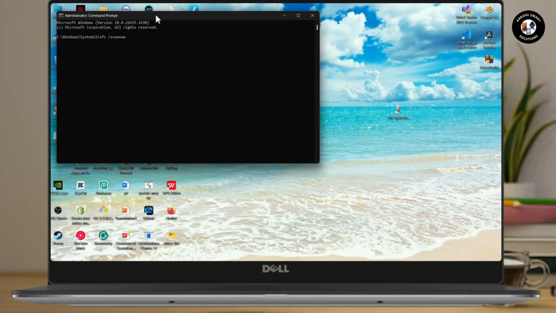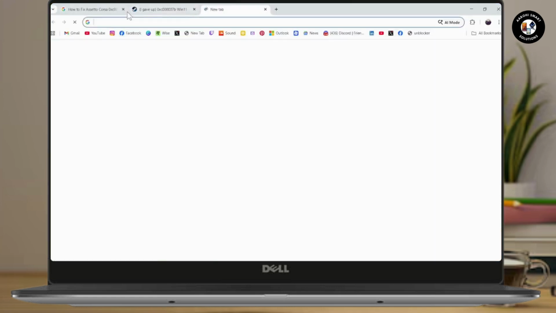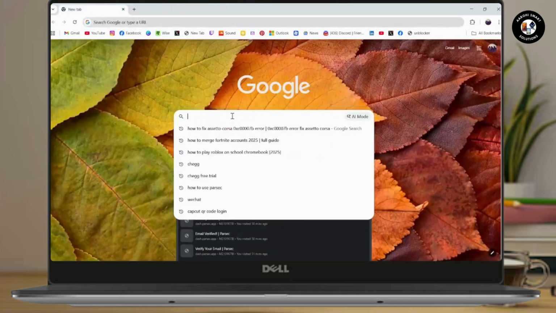So once the scan finished, normally it should verify everything and fix every problem that you have within the files. And all you need to do is just go ahead and restart your PC and open the game and it should be fixed. But if that doesn't work, then you need to go with your browser, and on your browser,